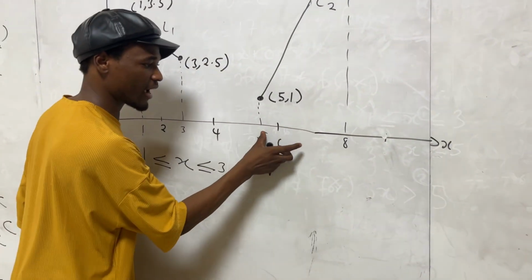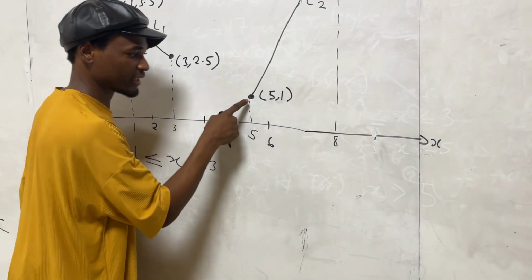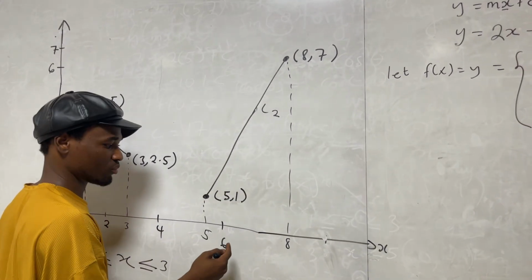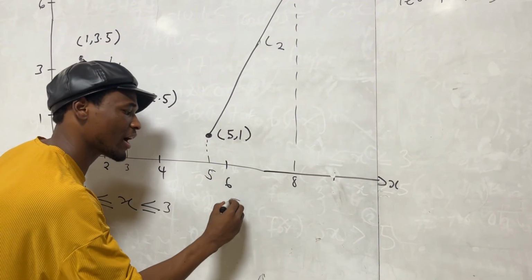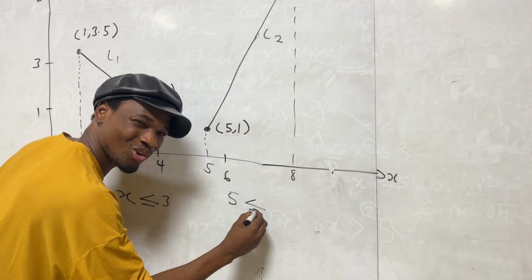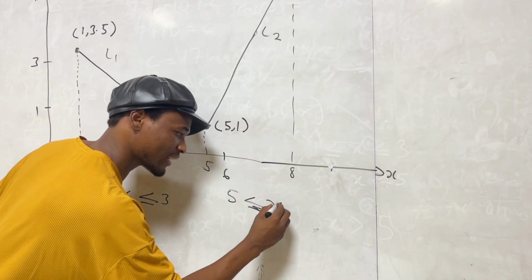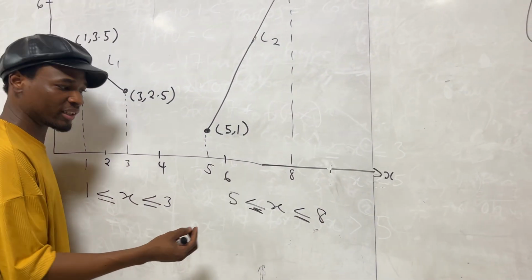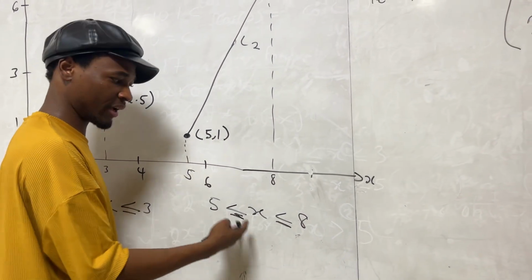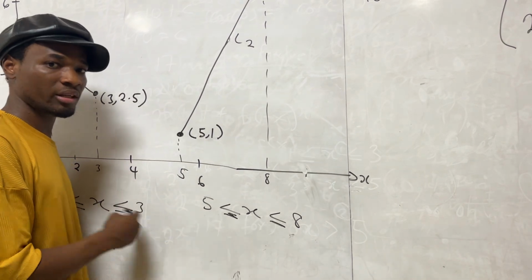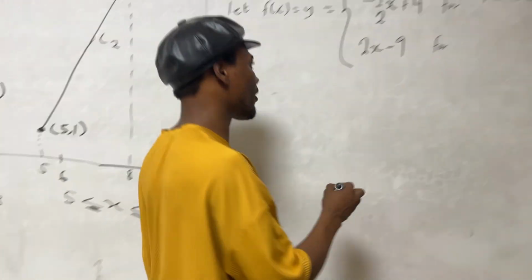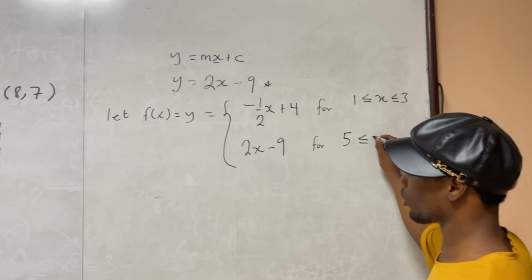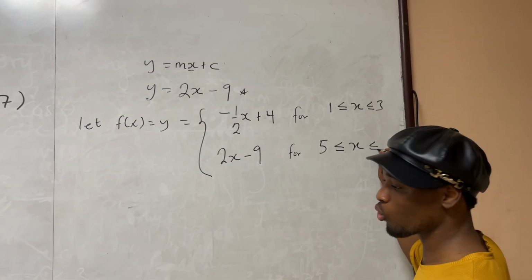So that means from here up to here, this is closed at this point. This is also closed at this point. So you can say that 5 less than or equal to, right? x less than or equal to what? 8. So these are the possible values of x that will make the function defined. As simple as that. So I have, for 5 less than or equal to x less than or equal to